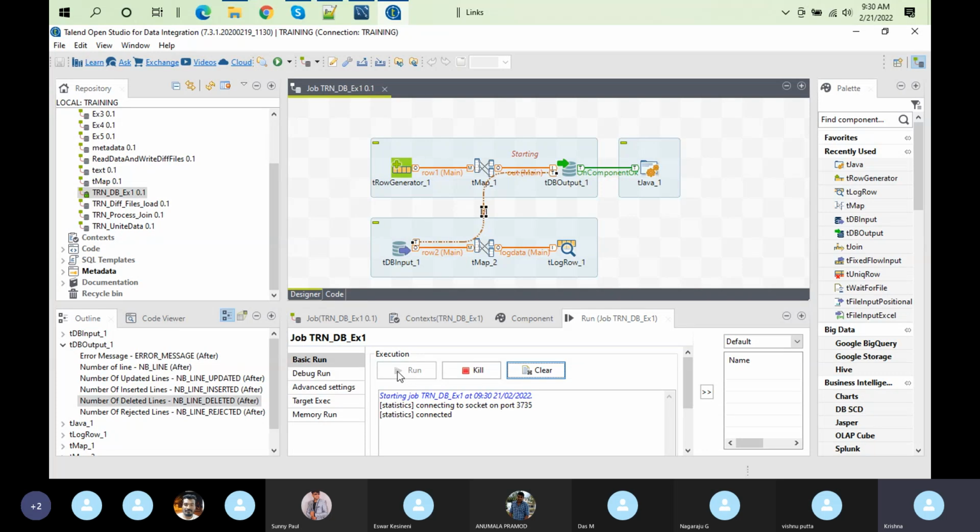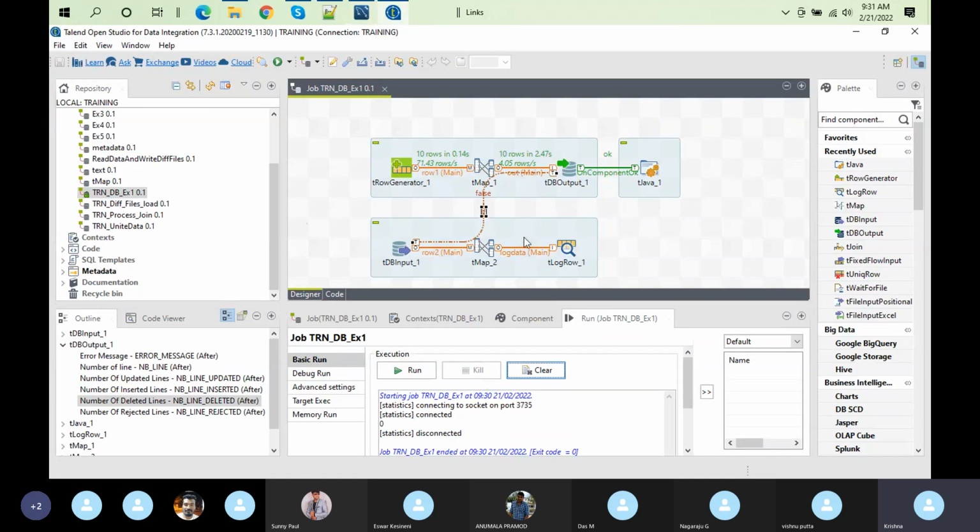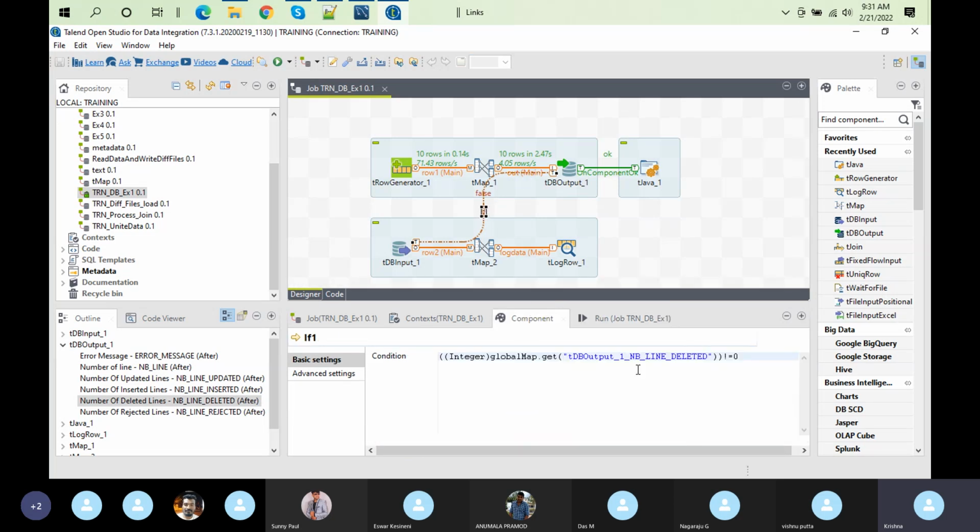So the first flow is going to load the data into the table with 10 rows, and the other one failed because it's checking, but it's not valid because the component is returning null, and null is not equal to null. So the condition is not going to be validated. But our scenario is that data is there in this table, then we want to run the second flow. Then the condition needs to be changed. So what condition do we have to keep here? We have to take the number of records inserted greater than 0. Then we want to run this second flow